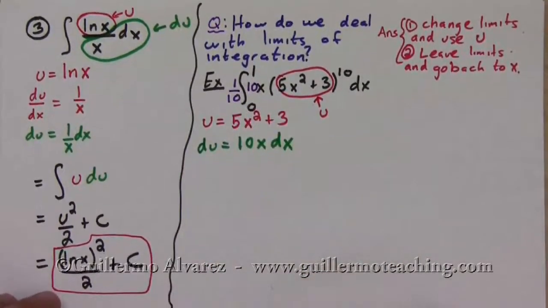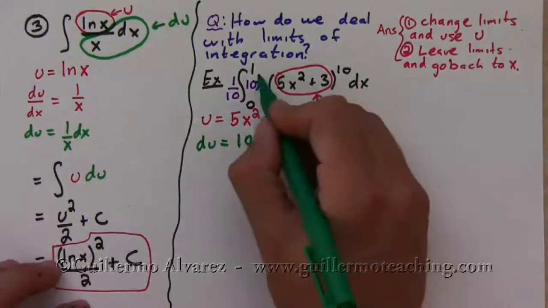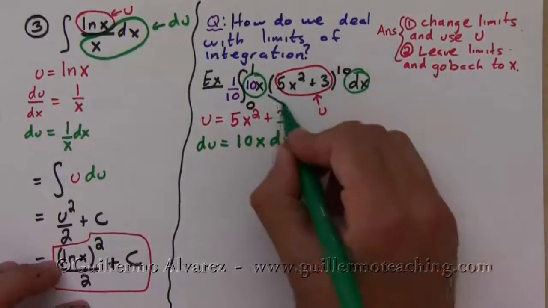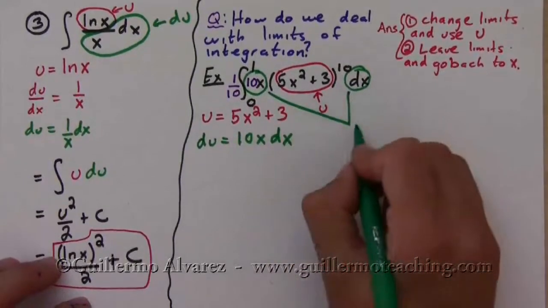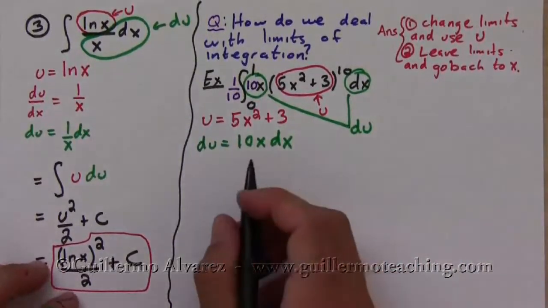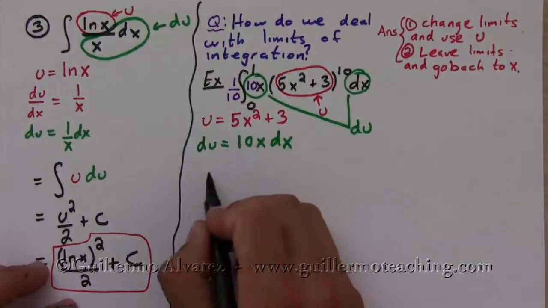That way I'm not changing the problem. Okay, so putting those two together, 10x dx, those two put together are du. So then what I'm going to have is,